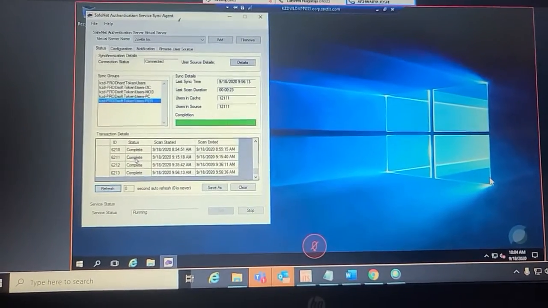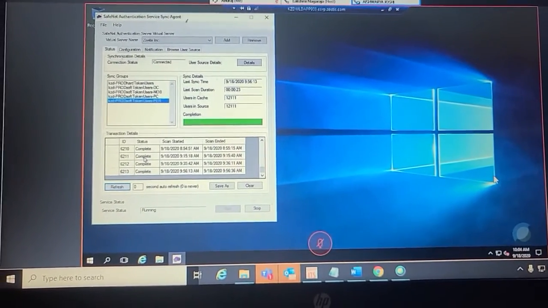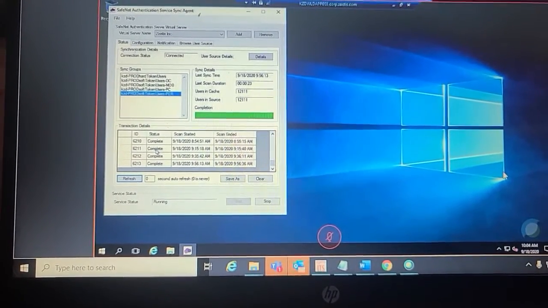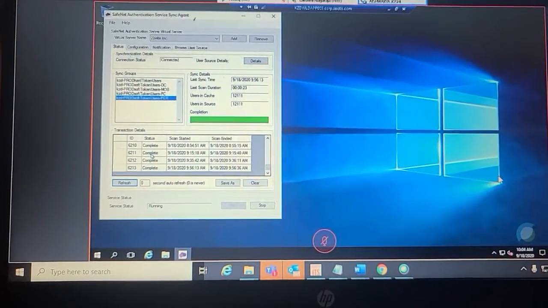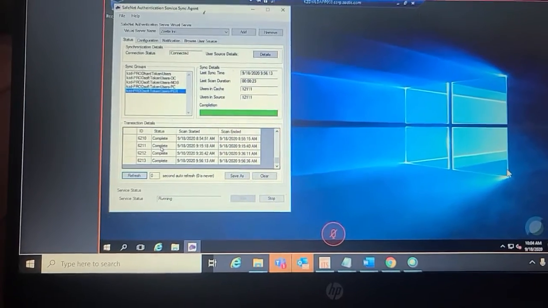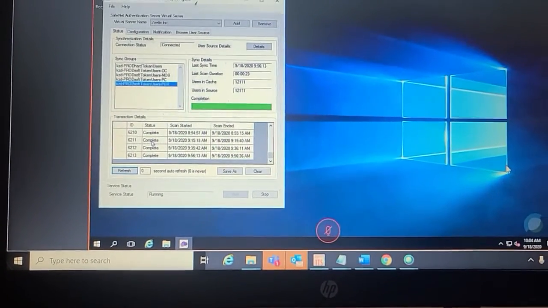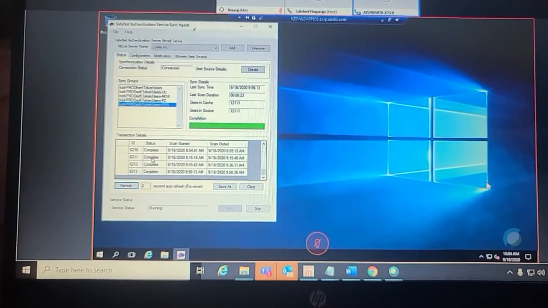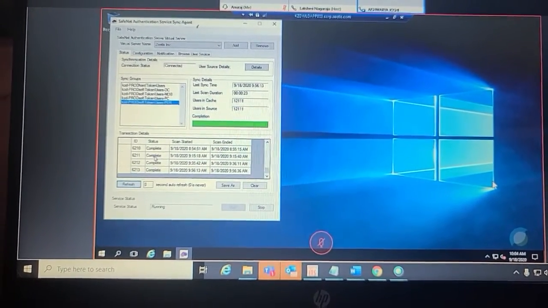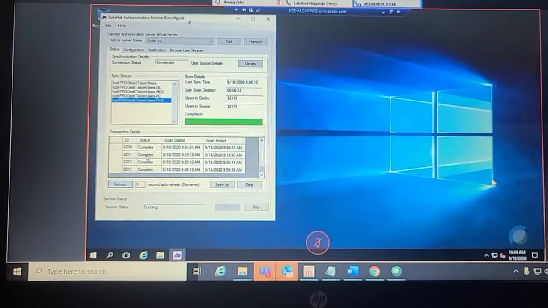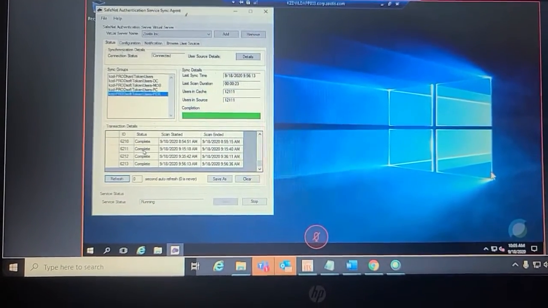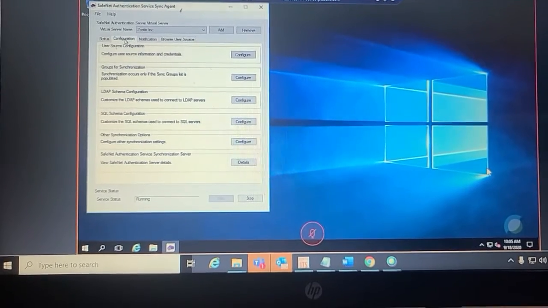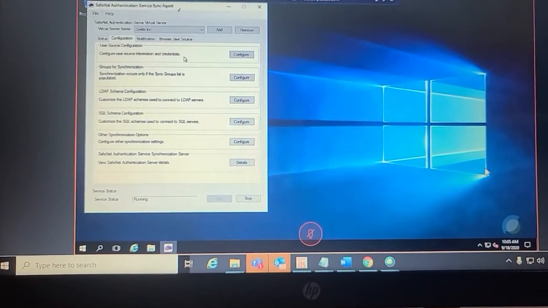These are the health checks we are doing on a daily basis. This is my part, meaning in my account it is there to handle these activities. So I am performing these health checks daily, checking that the status is in running state and whether the sync is happening within 20 minutes or not. I have to check these daily.